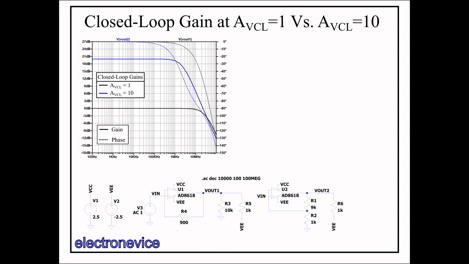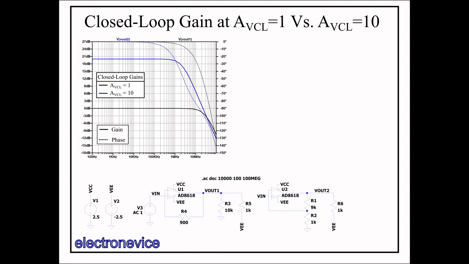An often used metric for measuring bandwidth is what's called the negative 3 dB point, or the point at which the gain drops by 3 dB from its expected or designed value. This is because for a circuit with a pole in it, 1 decade before the corner frequency of a pole, the gain magnitude of the circuit will decrease by about 3 dB due to that pole. This signals the point at which the gain will start decreasing by approximately 20 dB per decade, if there's only that single pole and no zeros. This metric is useful to use when comparing different circuits or configurations, as it allows the designer to quickly see